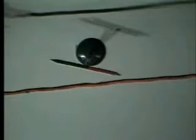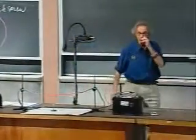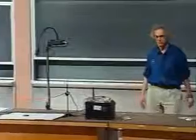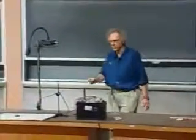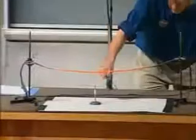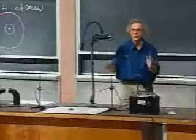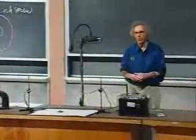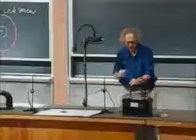The current that I run is so high that things begin to smell and smoke within seconds. The battery is not going to like it when I draw such a high current. I can therefore do it only for a few seconds. So this compass will swing in this direction and it starts to oscillate. I can't keep the current so long that it stops the oscillation. So I will stop it by hand and convince you that that's really the equilibrium position. So if you're ready for that,